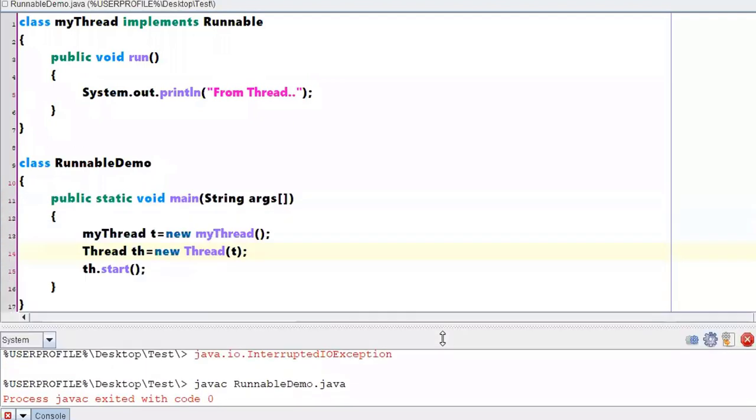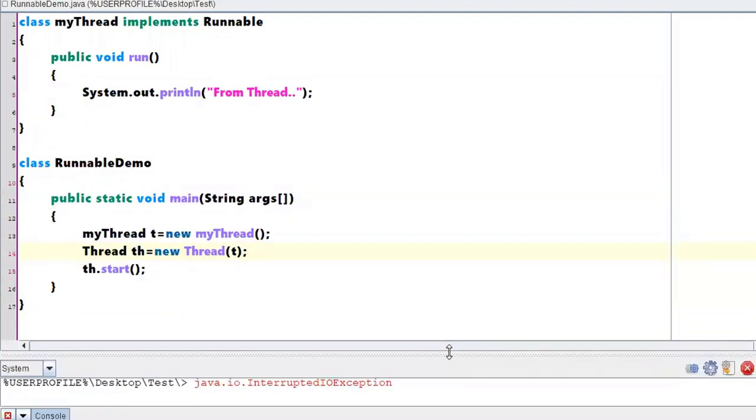Were things clear? When you are creating a thread, you are explicitly saying that you take this particular user defined thread as the argument. So I'm explicitly saying that with respect to this particular object, there is a run method you have to execute.